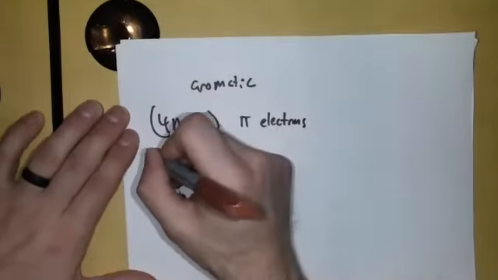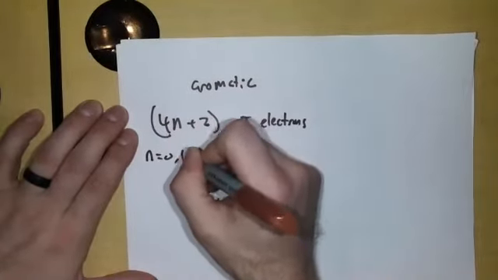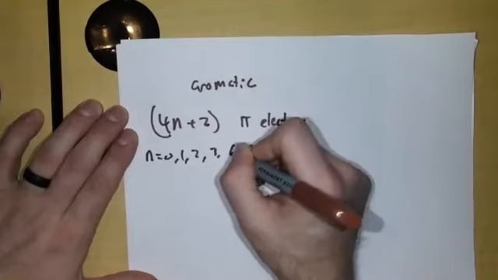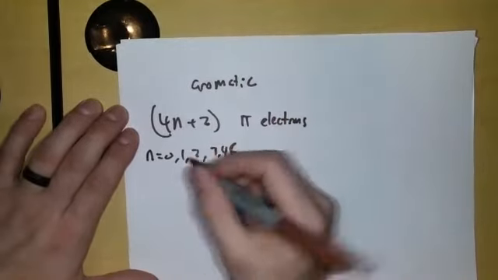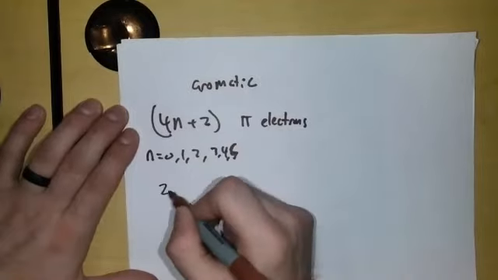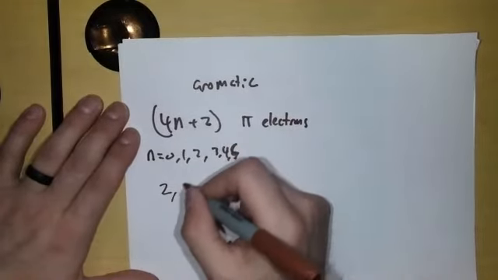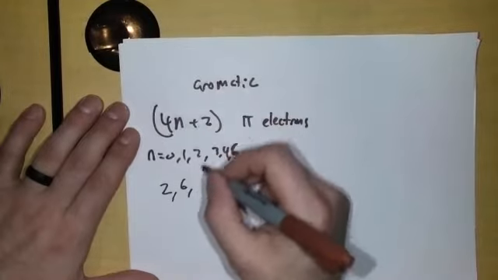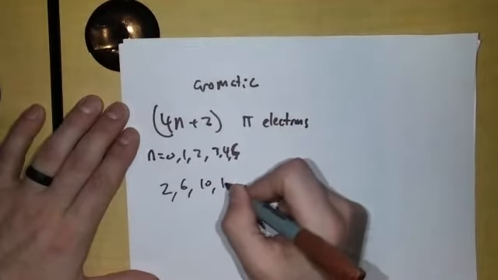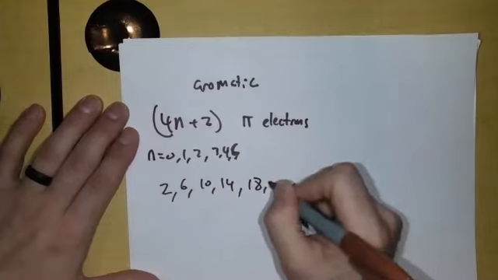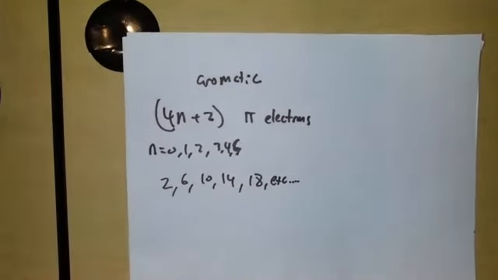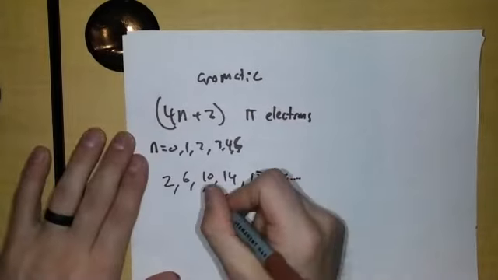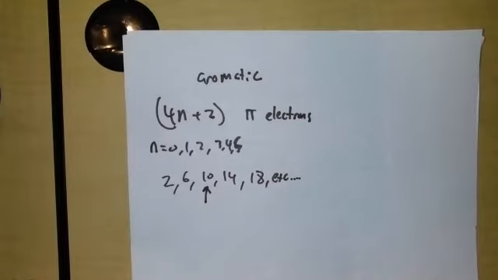So for instance, just start plugging in numbers. If n equals 0, it would have 2 pi electrons. 1 would give you 6. 2 would give you 10, 14, 18, etc. When I look at my molecule, if it has 10 pi electrons, I know it falls into this category